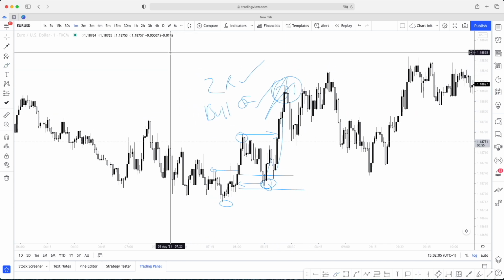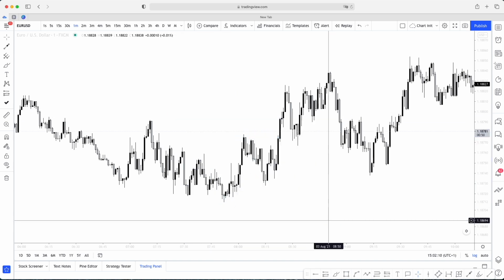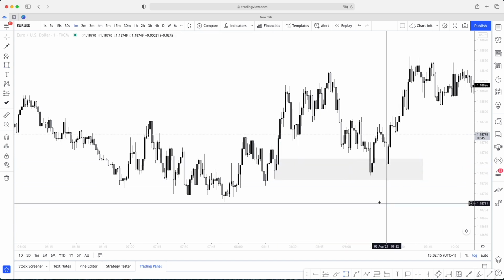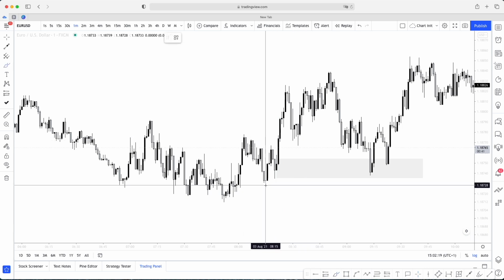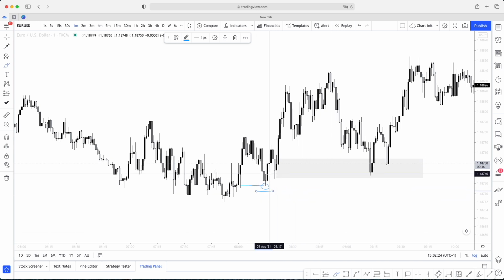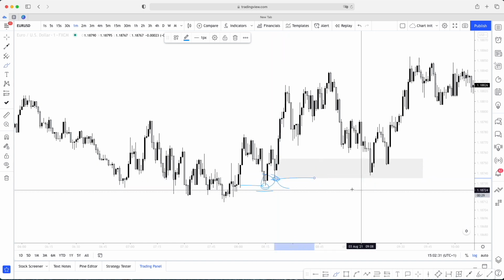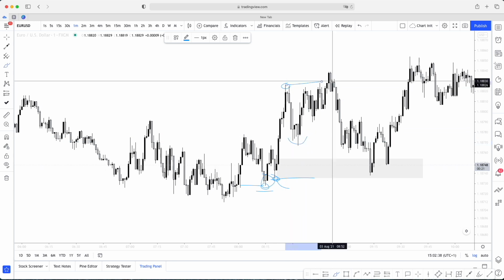So now looking for an entry is the safest option, and the only thing we should be looking for is an excuse to go long. Okay, so we look where our next POI is. So if we're following the mitigation, right, we have this mitigation point. So that is a point of invalidation below here. This wick, okay, was covered by this one here, okay, which now becomes our point of invalidation in terms of order flow, okay.